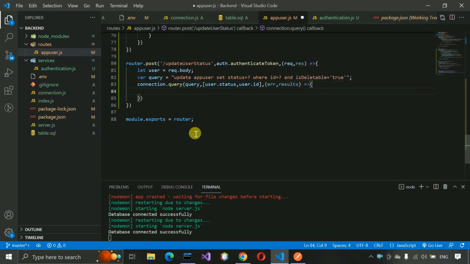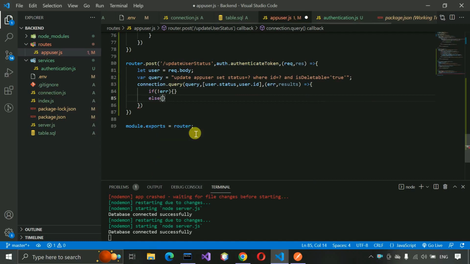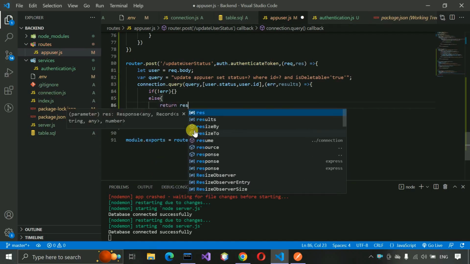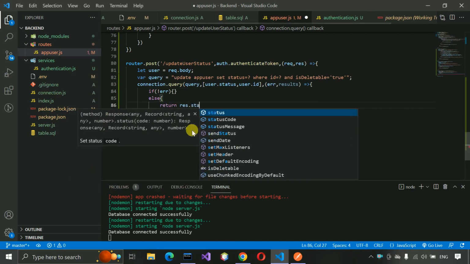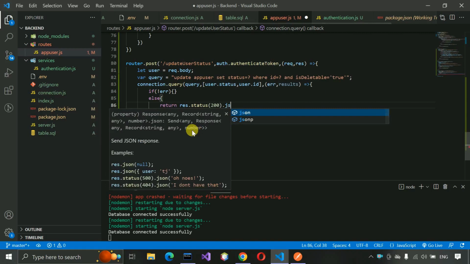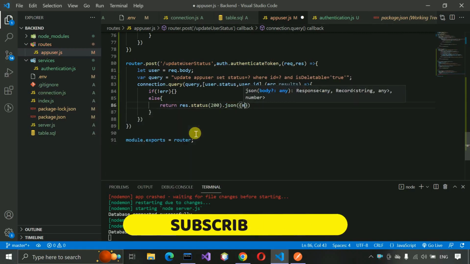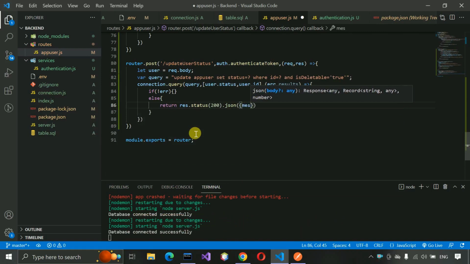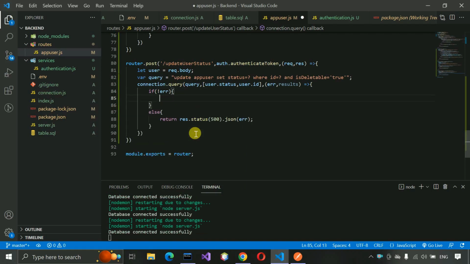And here we have to write if there's no error occur, in that case we have to write, and in else condition we have to return the response dot status 200 dot JSON, and here we have to write okay, not 200 actually. We have to return the error actually here. Sorry, my bad. So we have to return 500 internal server error,